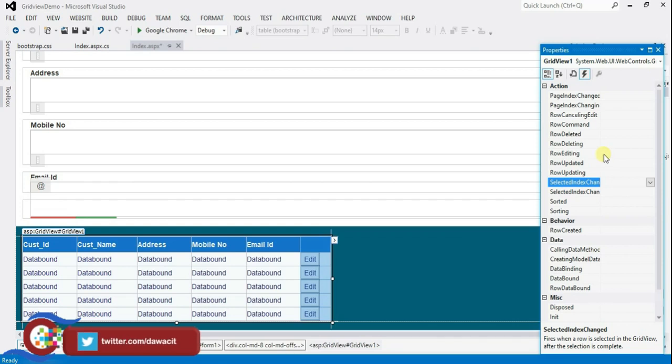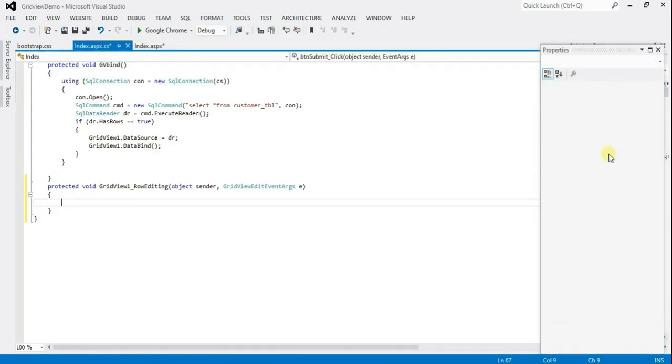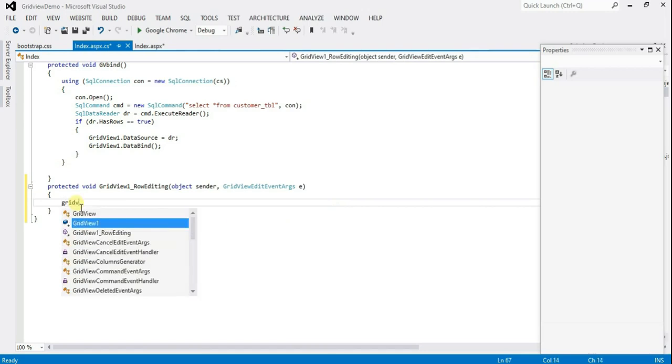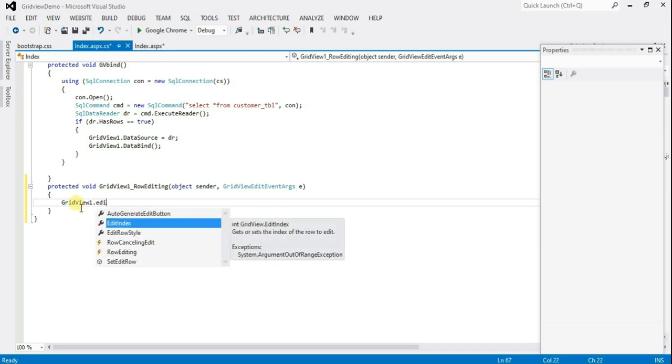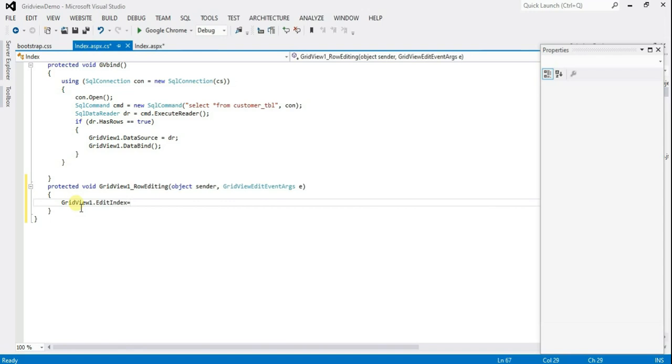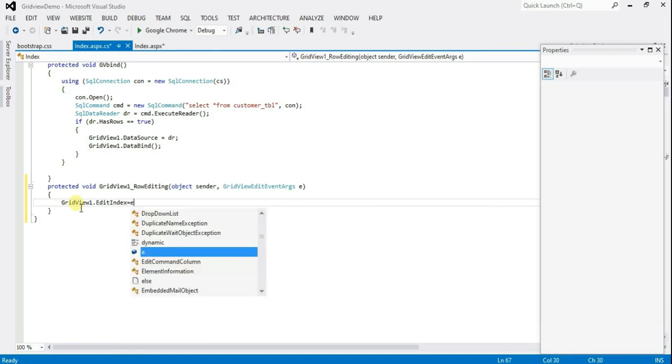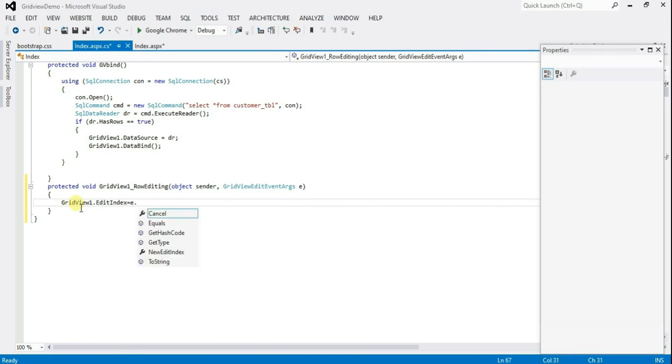Double click on row editing. And type here gridview1.EditIndex equal to e.NewEditIndex semicolon,